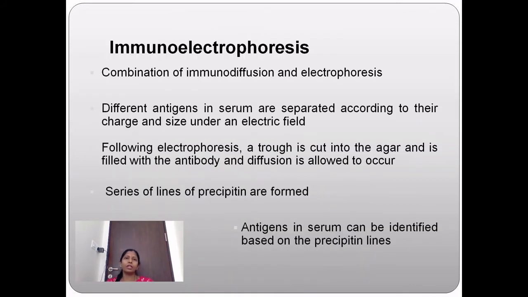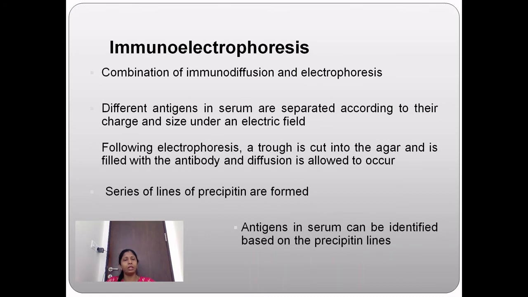The next format of gel-based antigen-antibody precipitation reactions occur under the influence of an electric field. The basic format being immunoelectrophoresis. So this is a combination of both immunodiffusion and electrophoresis. Different antigens in a serum or protein sample are separated according to their charge and size under the influence of